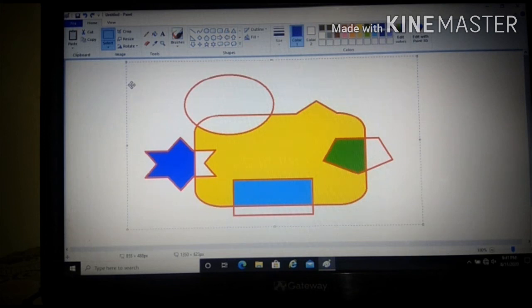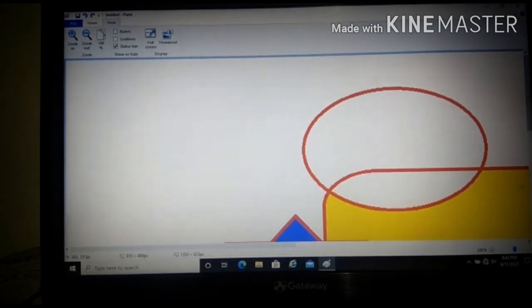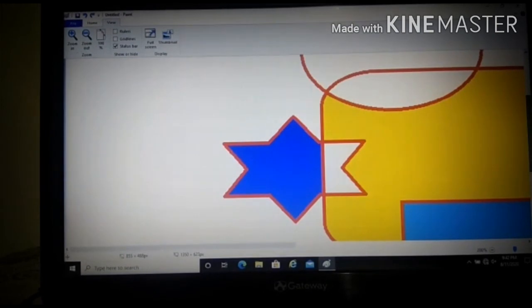Okay, now the next option in your chapter is zooming the picture. What is it? Zooming the picture. Zooming means you can enlarge your picture as per your requirement. It means you can increase the size of your picture. And how to do that? You have to click on the view tab. Okay, then can you see that zoom in and zoom out option is there? Click on the zoom. You can see the picture size is increased, right? Again you can click it.